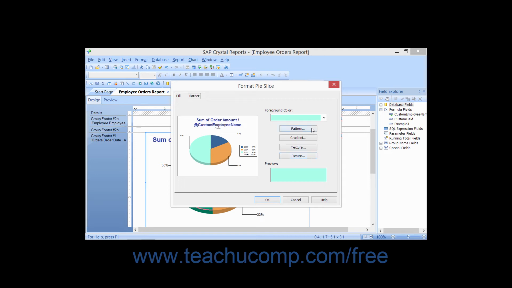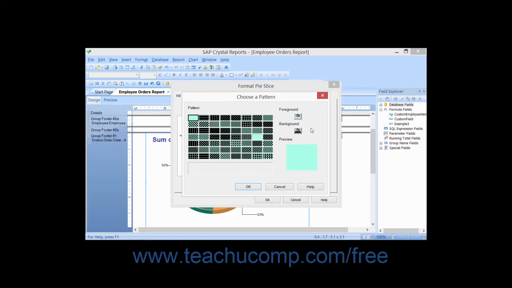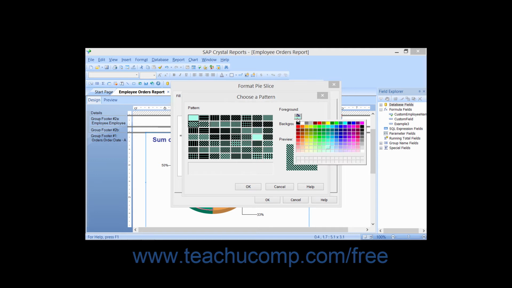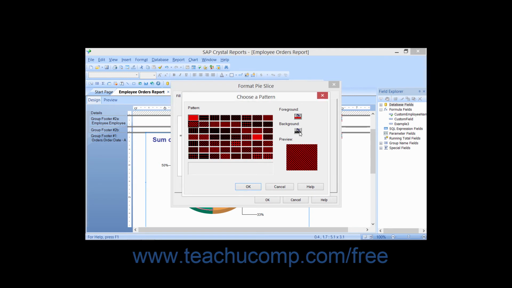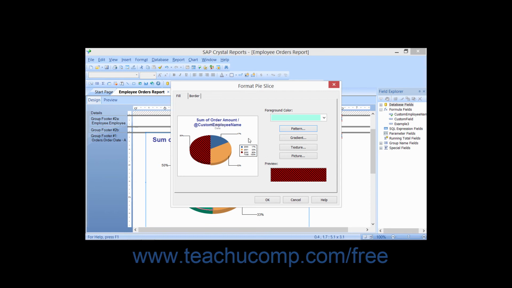To apply a pattern, you can click the Pattern button to open the Choose a Pattern dialog box. In this dialog box, you can select a pattern to use as the fill pattern from the choices listed at the left side. You can then set the foreground and background colors by clicking the Paint Can button next to each label, and then selecting the desired choice from the drop-down menu of color choices. The pattern that you've selected will then be displayed in the preview square. When you have the desired pattern set, click the OK button to return to the Fill tab of the Format